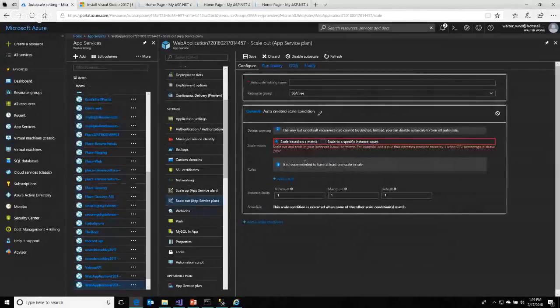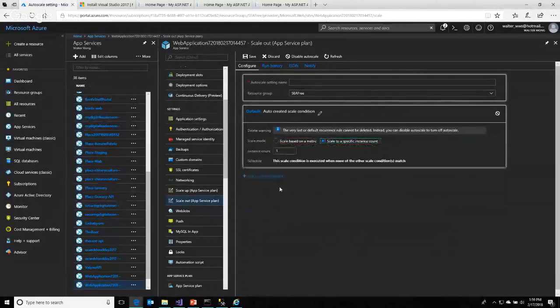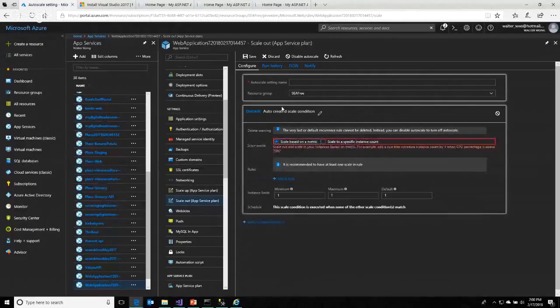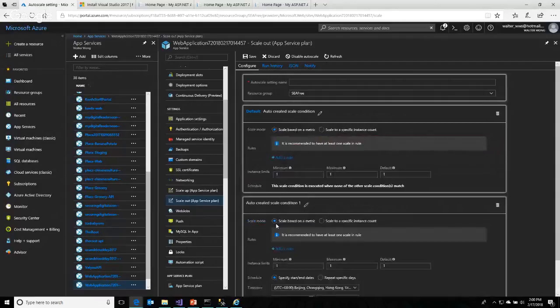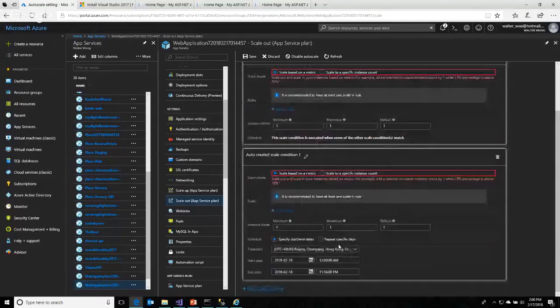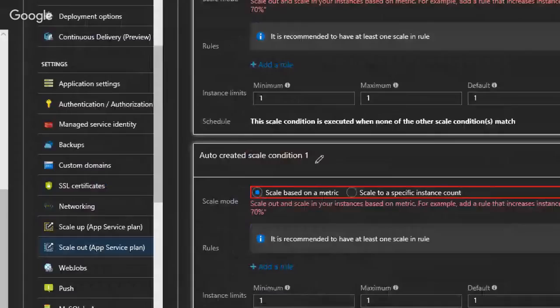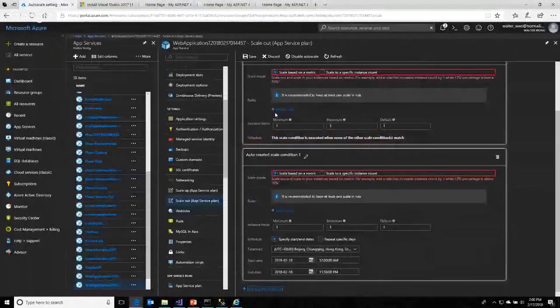I can scale based on the metric or instance, or set the scaling to be based on what kind of condition you want. As you can see at the bottom, there are scale conditions. So I can add a rule if I want to.